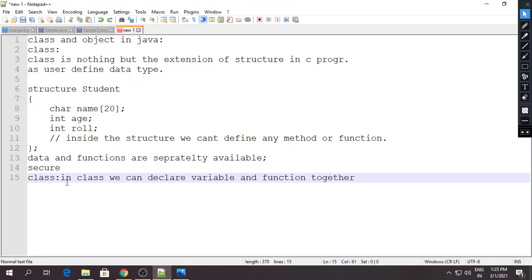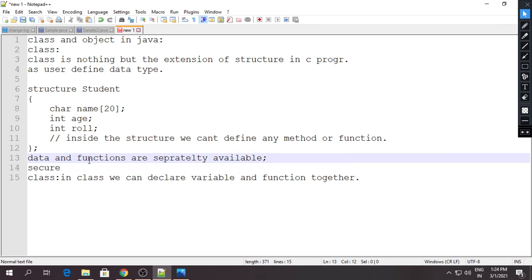So when we use a class in the Java programming language or in an object oriented programming language, inside the class we can define the variables as well as the functions, which in Java we call methods. We also get the additional benefit that the application becomes secure.